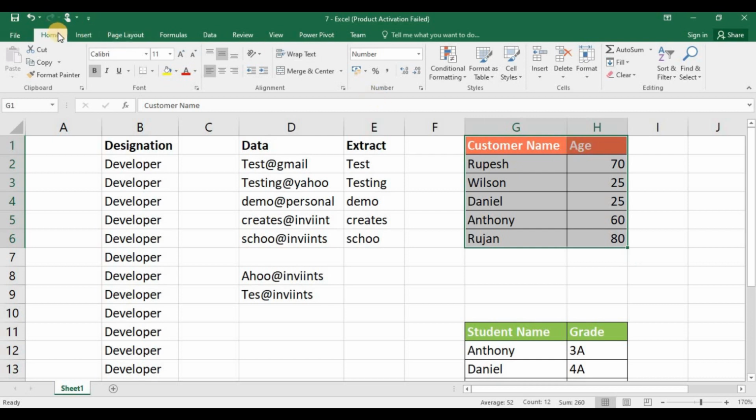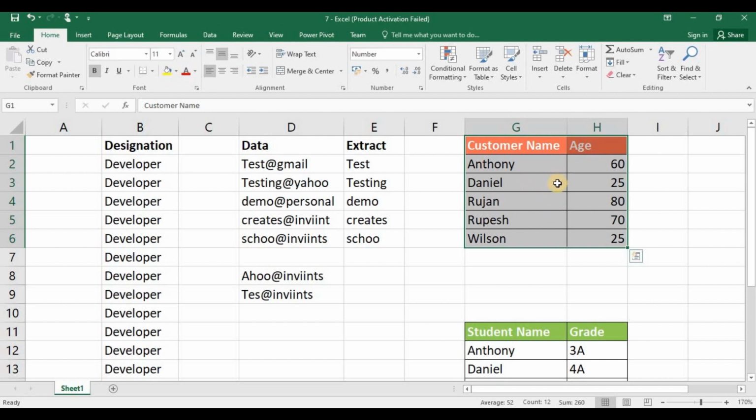Now, go to Home tab. Under Editing, click on Sort and Filter. You will get these options. Here, if you click on the first, the data will be arranged in A to Z order based on the first column in your selection. The second option will arrange the data in Z to A order based on the first column. I am clicking on Sort A to Z. See, the table was arranged in A to Z order based on customer name. In the same way, you can arrange the data in Z to A order as well.